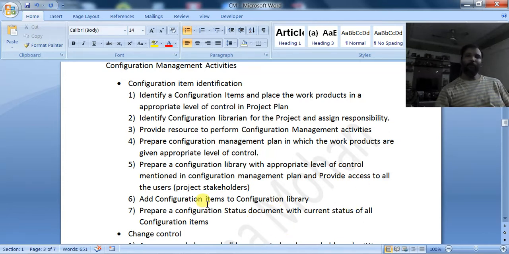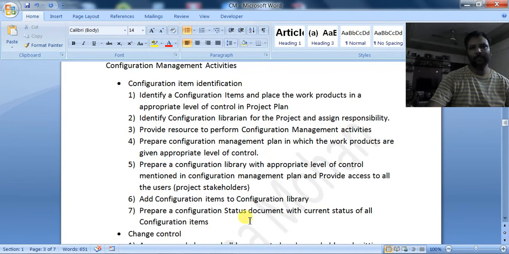But if you are not using any tool, then in the folder structure which you maintain for your project, you keep the templates in the repository. Whenever you want to use one, you take the template and use it, and while updating it, you have to change the version and update it.